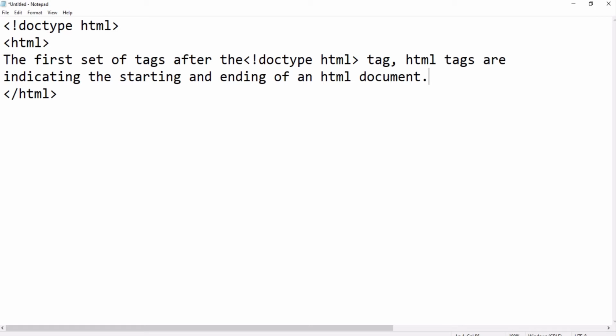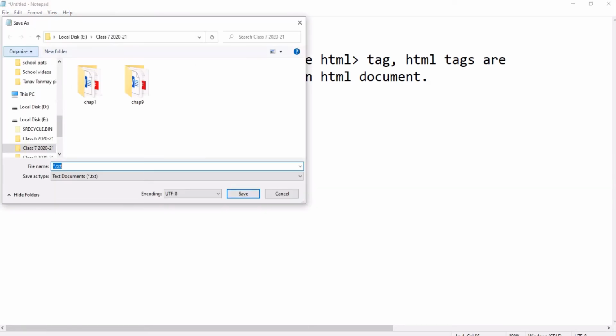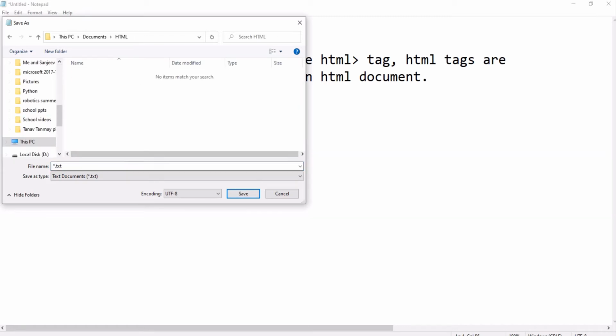Now another thing, I want to see this on my browser. So what I will do, I have written this, I will go to file, save as, and I am saving my file in the folder I have created for HTML.